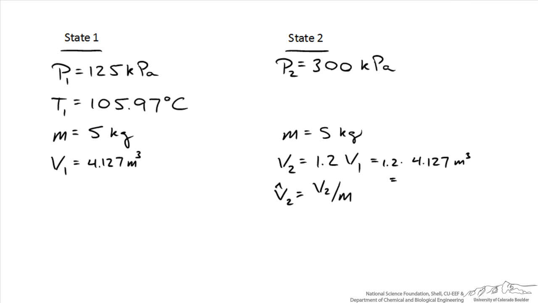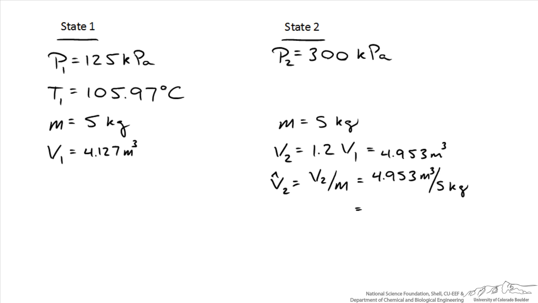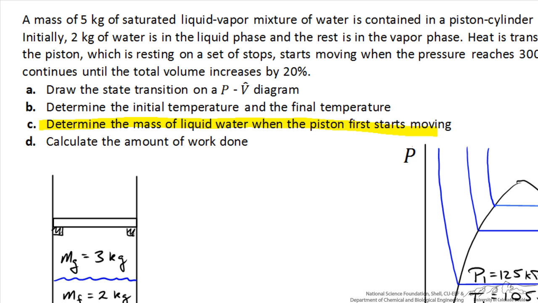And V2 is 20% bigger, so what I get for V2 is 4.953 cubic meters. So now I can find the specific volume at the second state, and I get a value of 0.9905 cubic meters per kilogram. Let's try to determine the mass of liquid water that's remaining within here once the piston